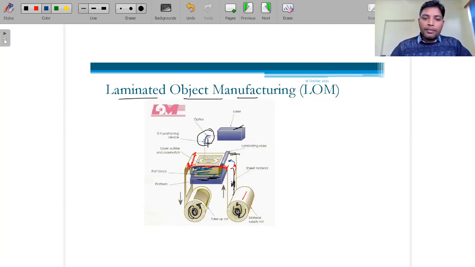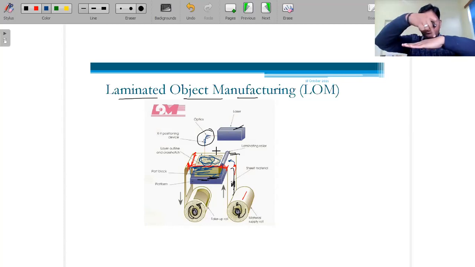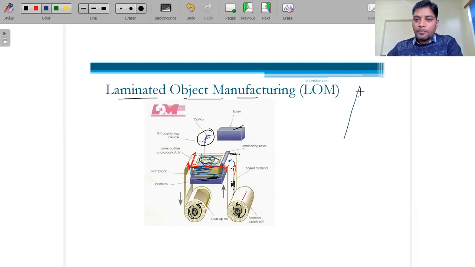Okay, so what will happen is that when the laser impinges over this sheet, we also define what thickness is actually required, like 1 mm, 2 mm, or 3 mm. For example, this is 1 mm. The laser will come and form whatever shape is needed over this sheet. Now let me first explain: once one layer is completed, whatever type of layer is needed, for example, this is the cone that we have to manufacture through this LOM.